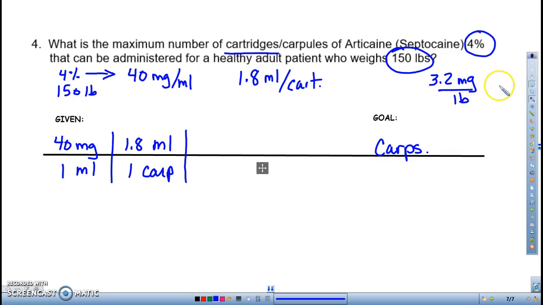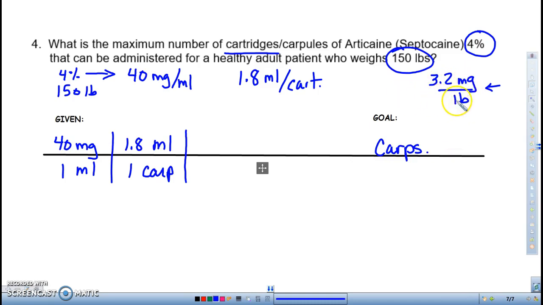All right. This is given to you by, I'm guessing, the drug companies, the drug manufacturers. It's something that you will have to memorize if they don't let you have this information on a test. The maximum dosage per pound is something you will have to memorize. Okay, so